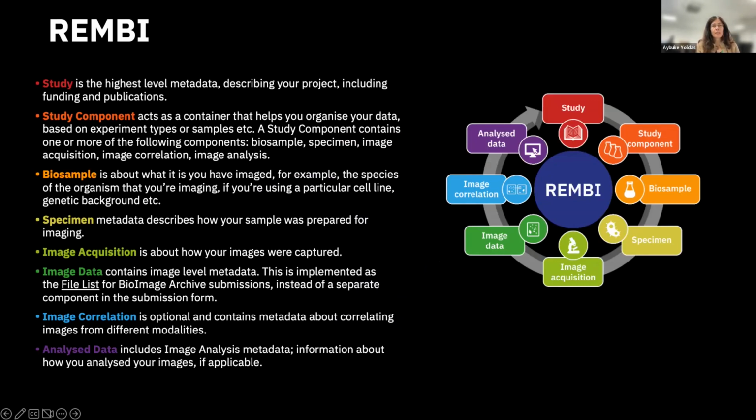So REMBI has these 8 high-level metadata containers. Study is the highest level metadata. This is just describing your project, your data set, including the funding and the publication information. The study component is actually a container which hosts the